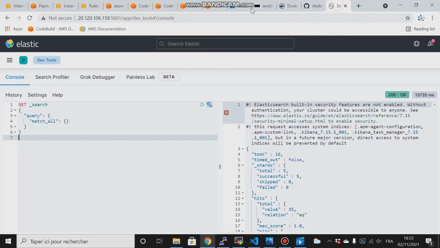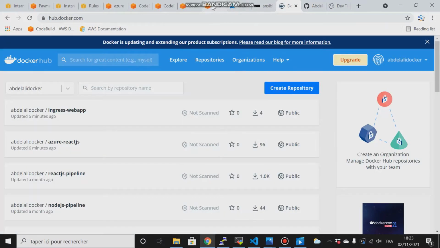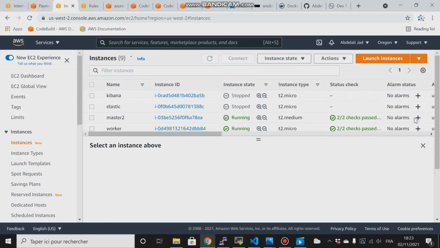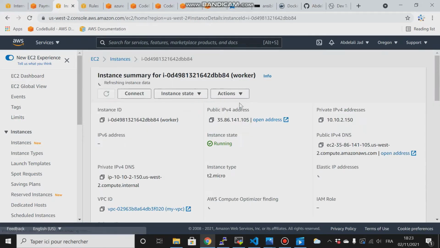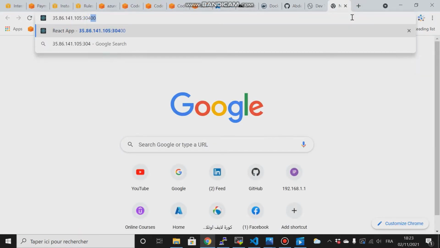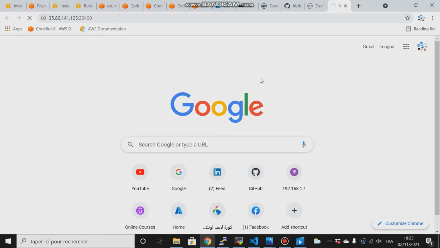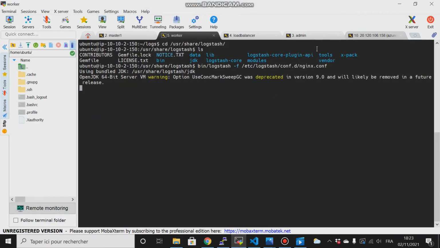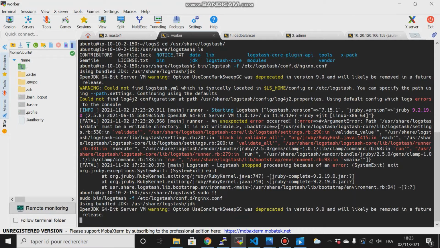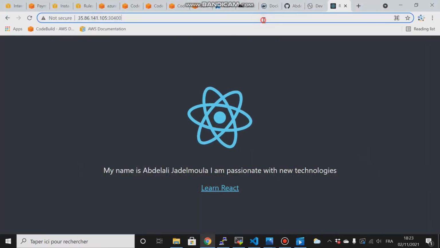So let me come back here and go to my website. So go to my instance, my worker node, copy 330 and 400, and there is permission here. I have to run the previous command as root. So if I try now to